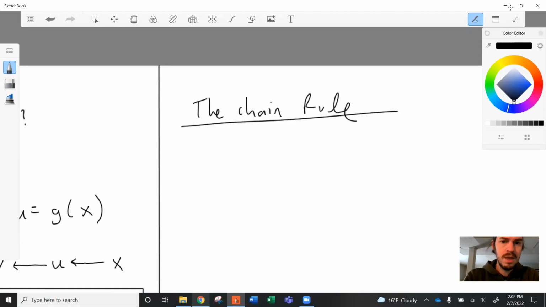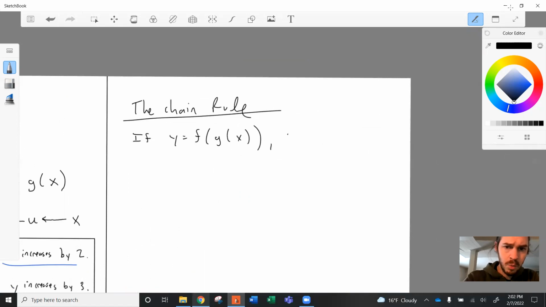It says, if y is a function of x, but that function is a composition of 2 other functions, which is to say that y can be written as f of u and u can be written as g of x, well then,